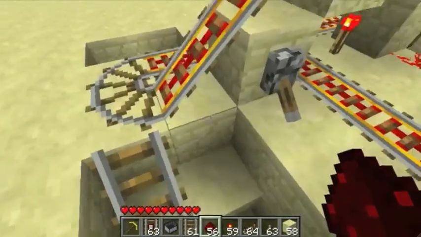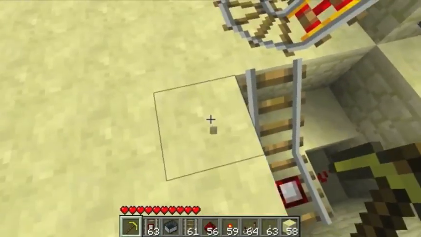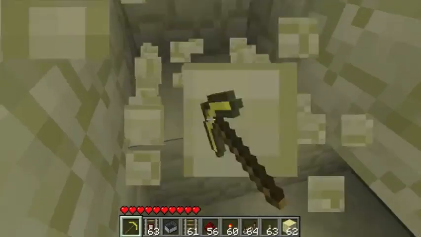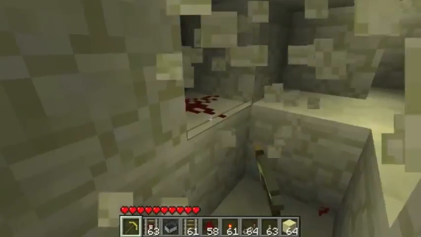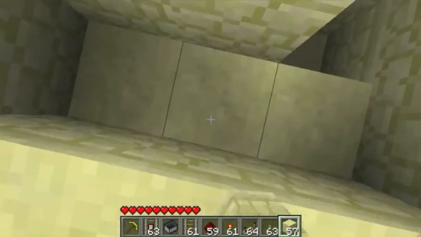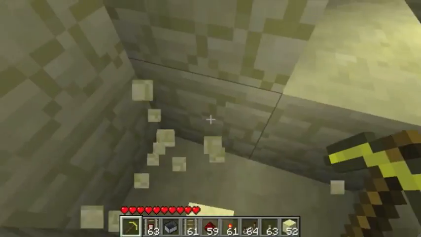and it depends on the direction for this, just a little bit. So you dig down these 2 blocks, or whichever blocks you want, as long as, oh yeah, I need to delete that part. So delete that. Okay, so you dig down there. This redstone